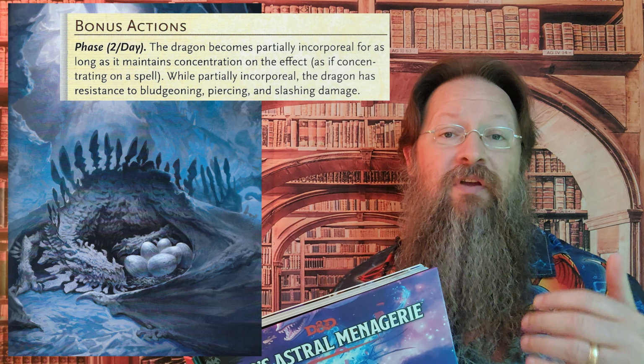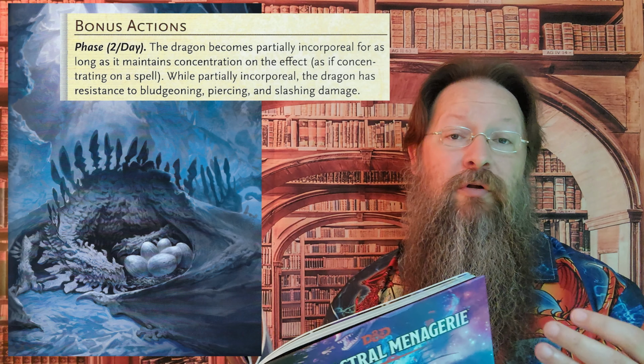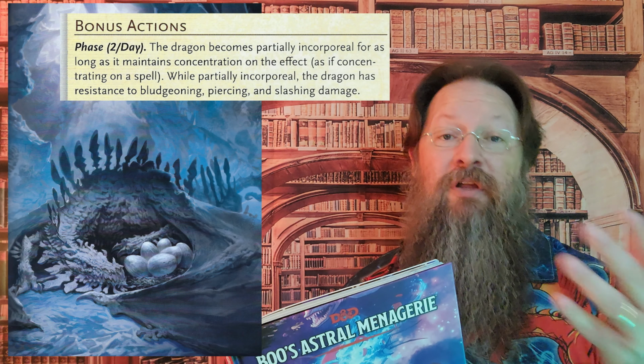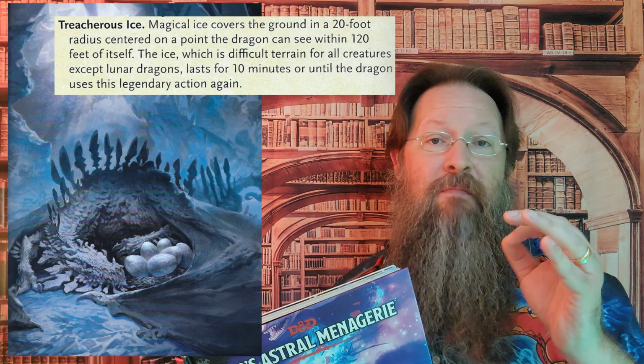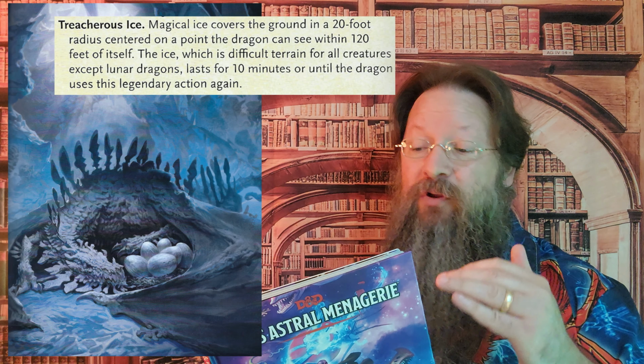They all also have a bonus action of phase, which allows the Lunar Dragon to become partially incorporeal, providing to it resistance to bludgeoning, piercing, and slashing damage. The young dragon gains a claw attack, and the adult dragon gains legendary resistance as well as a tail attack. The adult dragon also gains legendary actions, being able to add an additional tail attack, or it can use treacherous ice. This is a magical ice that covers the ground, causing it to become difficult terrain for everyone except for